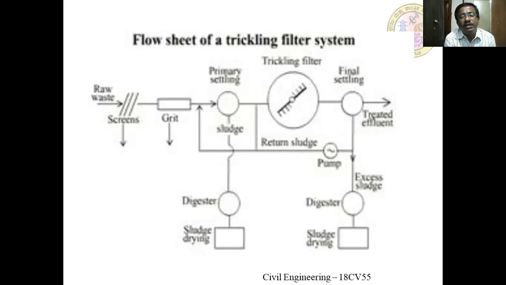The amount of returning sludge, or the returning sludge ratio, mainly depends upon the design criteria: the percentage of food required, the activity of the microbes, the sludge returning efficiency, and all these things. The return sludge reaches the inlet of the trickling filter by pumping. If there is any excess sludge, then it reaches the sludge drying beds for the final disposal of the sludge after giving some of the required treatment.